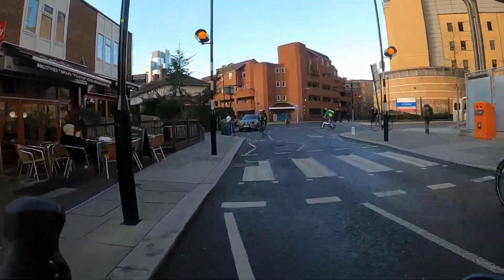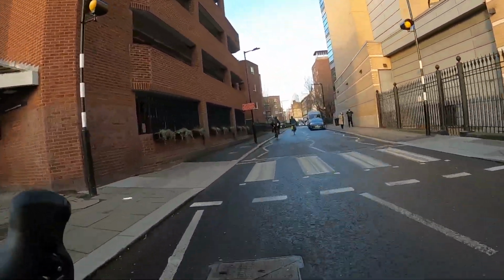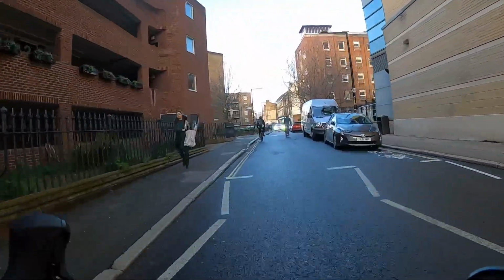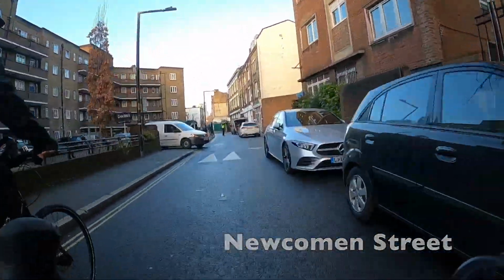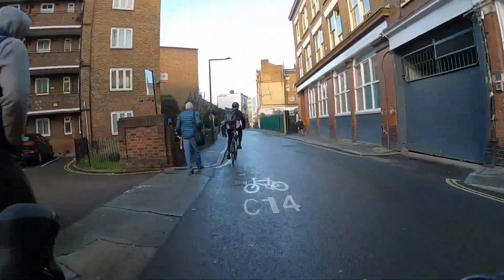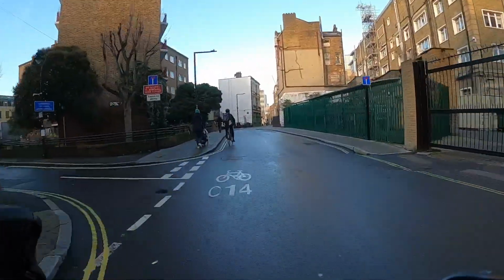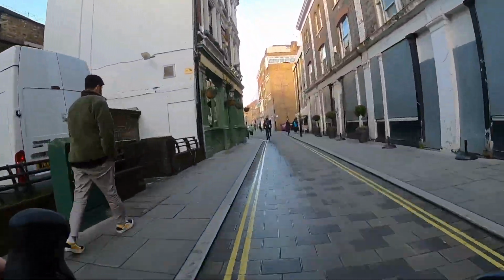There's another cargo bike on our right again. There's more. Hopefully there'll be plenty more on the trip. But yeah, it shows that, you know, businesses feel comfortable sending their employees out riding cargo bikes around. And yeah, every time you pass one, just think, yeah, that could be another van or another truck on the road, but it's not. I'm a big fan of the way this street here actually has been treated, Newcomen Street,